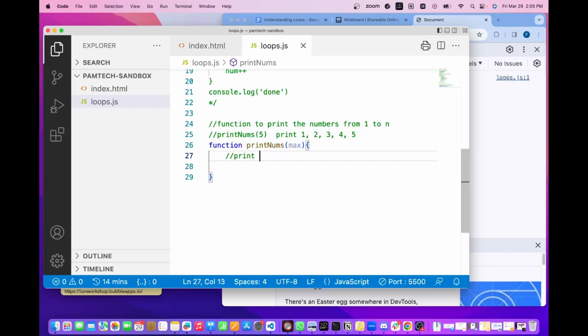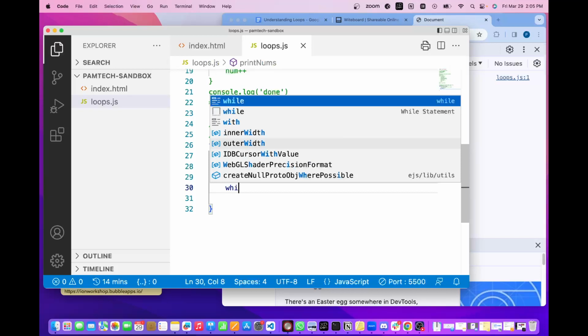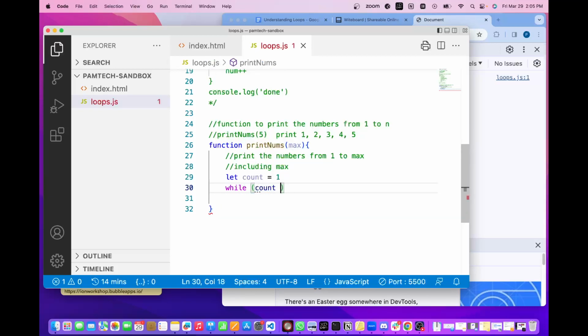What do I want to do? Print the numbers from 1 to max, including max, right? So I am going to need a variable in here. In this case, I'm going to call it count because it's acting as a counter. So names are kind of useful. And we're going to say while count is less than, and I'm going to make a little mistake here to show you something, less than max. So we're going to print the number, or print count,